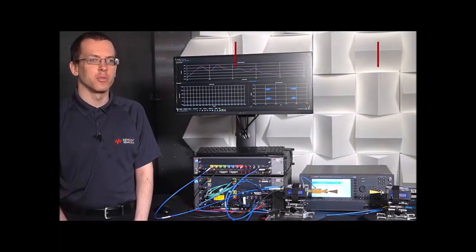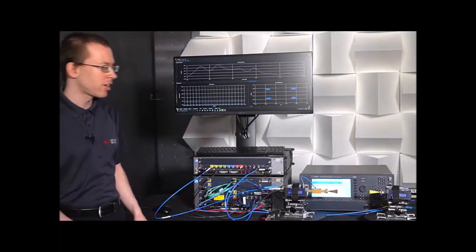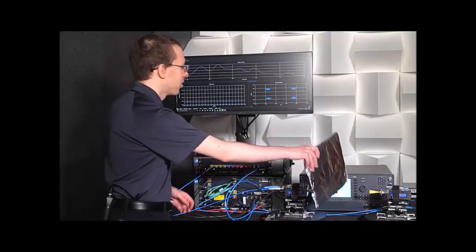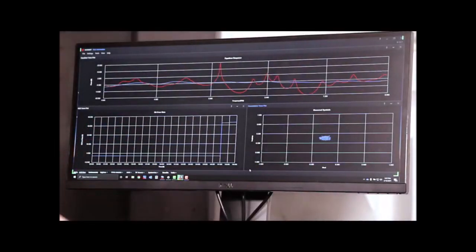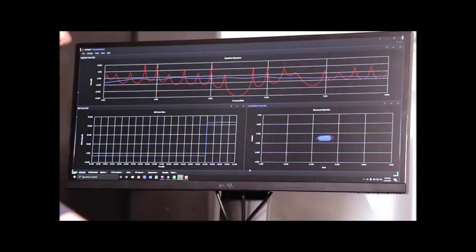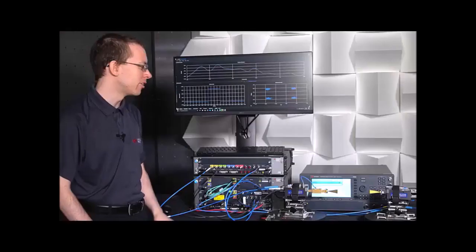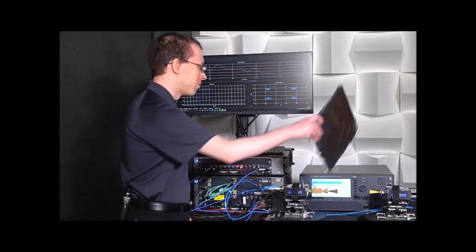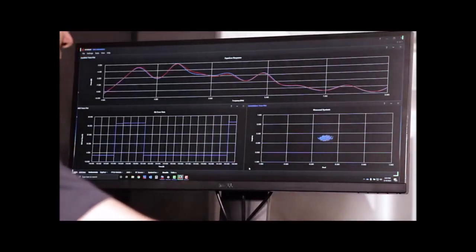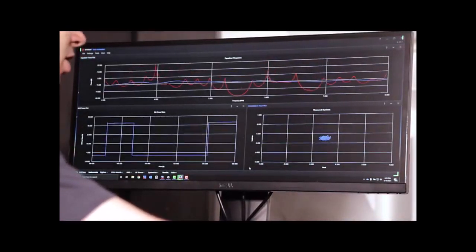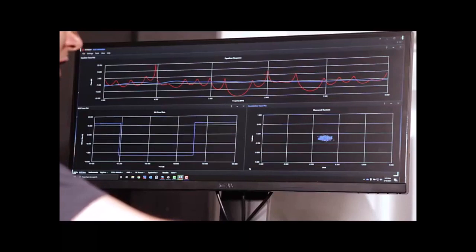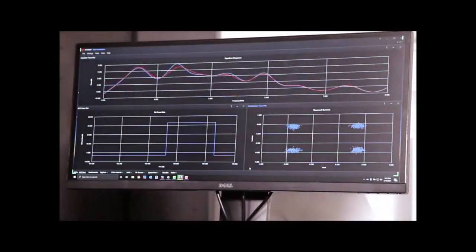I'll now demonstrate blocking the RF channel with an object, and we will see that the bit error rate goes up to 50% and the IQ constellation plot becomes distorted. When I remove the object and the channel returns to normal, you'll see that the bit error rate goes back down and the IQ constellation plot returns to normal. I'll demonstrate this again by taking the object and placing it in the RF path, and we can see the bit error rate increases and our IQ symbol plot is distorted. And once again, when I remove the object, the channel returns to normal.